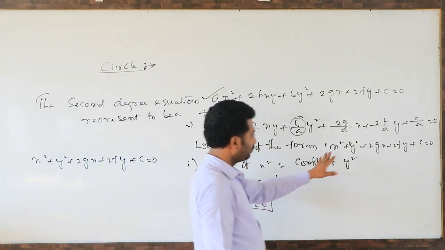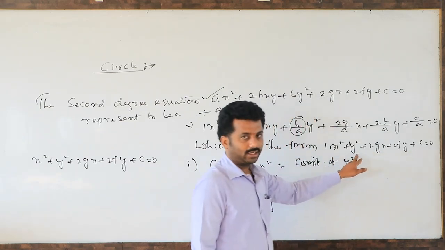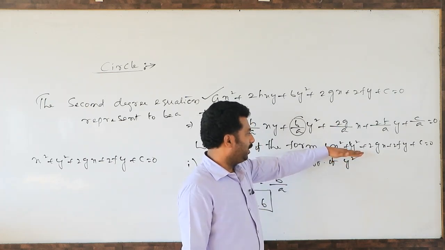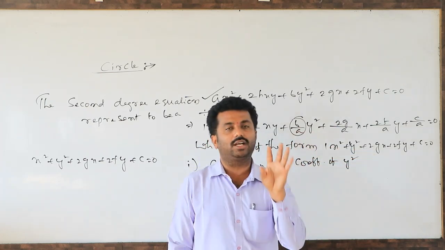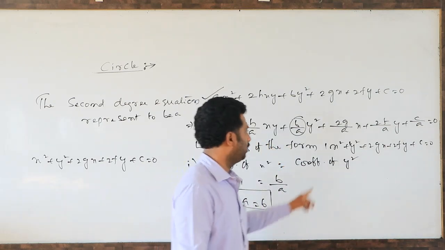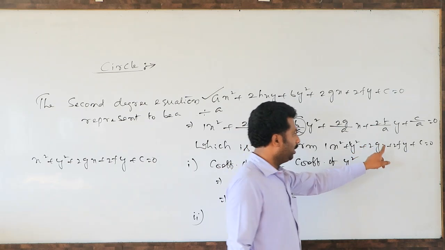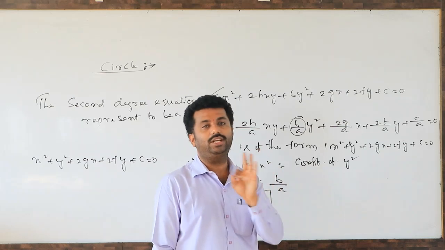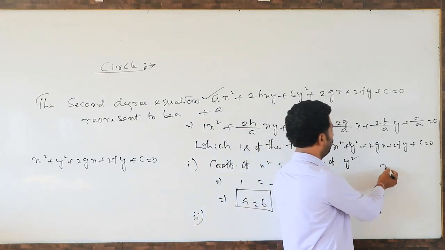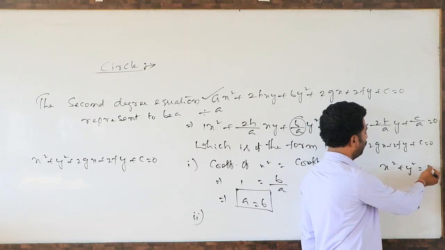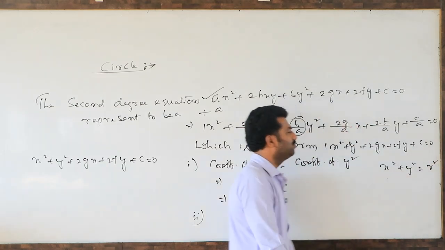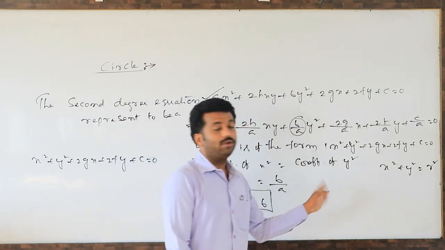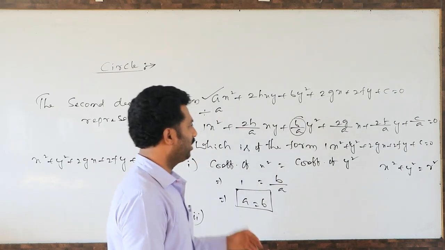Then see the second condition. You observe, this is our general equation of a circle. No doubt about it. One more point to remember: in a circle equation, maximum how many terms are there? 5 terms will be there: x square, y square term, x term, y term, constant term. Maximum 5 terms. Minimum 3 terms. What are the 3 terms? Nothing but x square plus y square equal to r square. R sometimes may be 0 also, no problem. Sometimes 1 also, no problem. Minimum 3 terms, maximum 5 terms. You remember, sometimes 4 terms also.